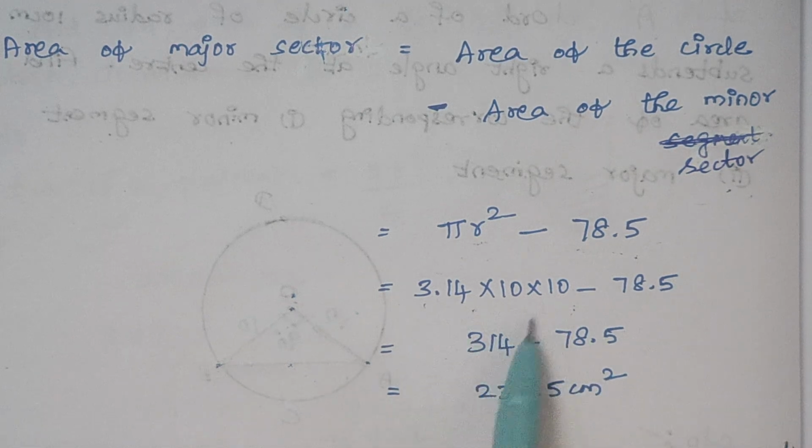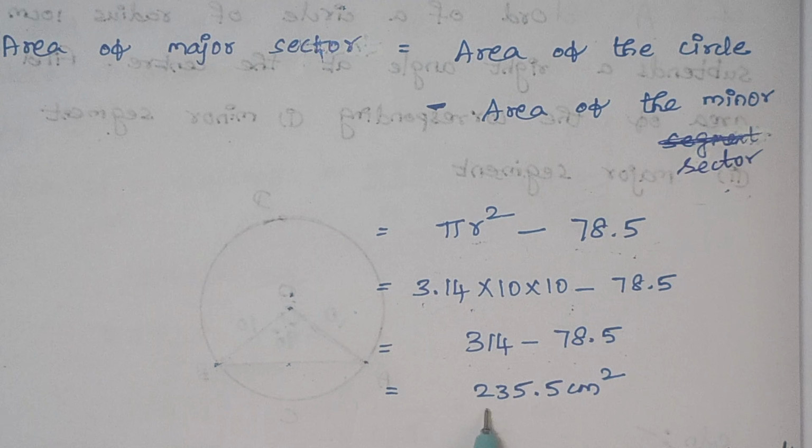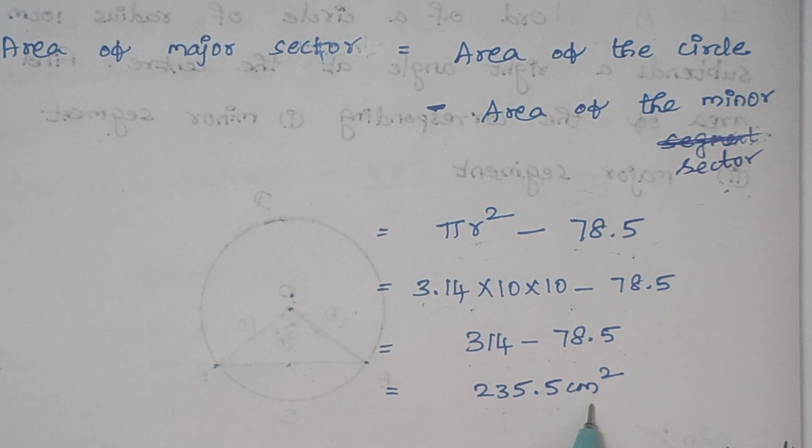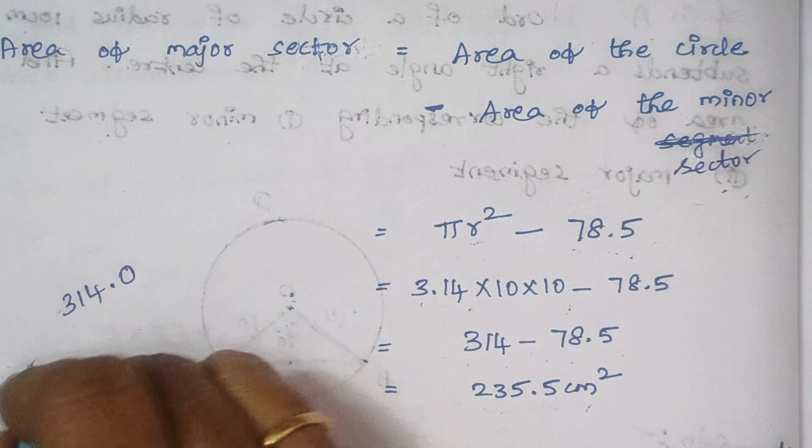Right. So finally it is 314 minus 78.5. So that gives the answer of 235.5 centimeter square. So anyway, let me show this subtraction also. Right. Minus